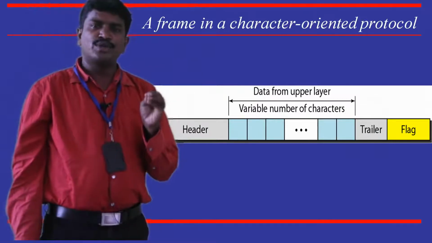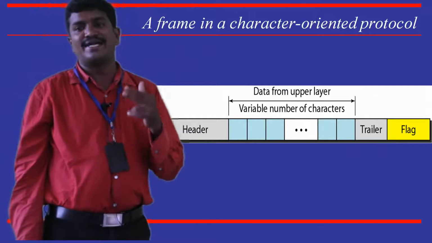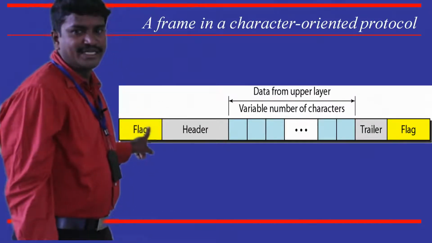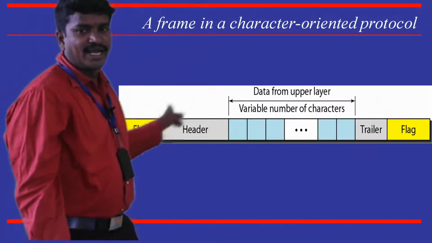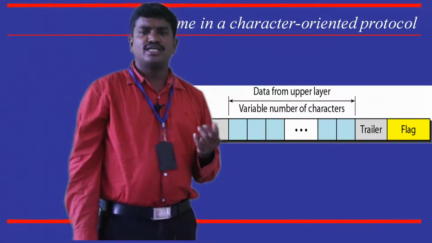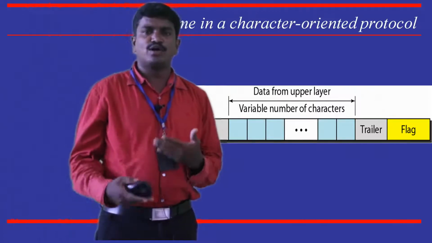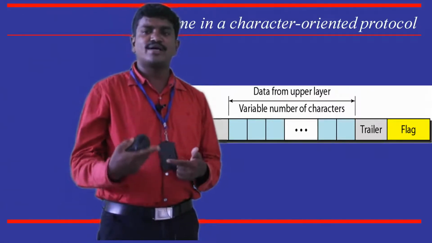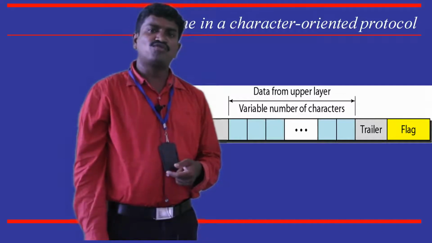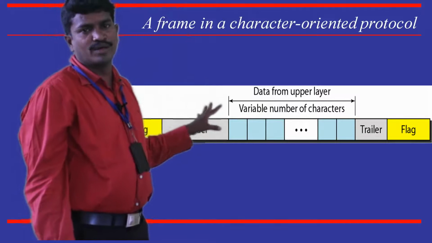So in order to represent one frame, 2 bytes are required. A character means a byte here. So 1 byte is added at the beginning, and at the end one more byte is added. This way it is easy to understand where a frame begins. So we keep on reading the data, and whenever we come across one more flag, we understand the frame forming is over.